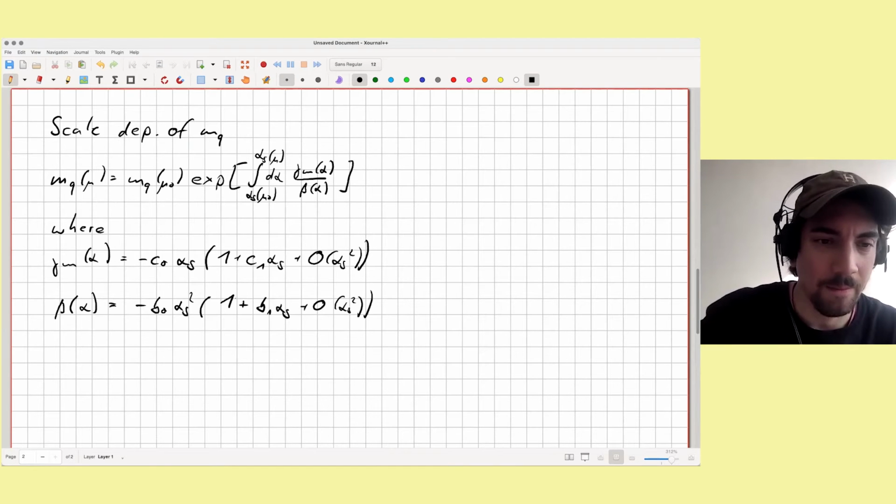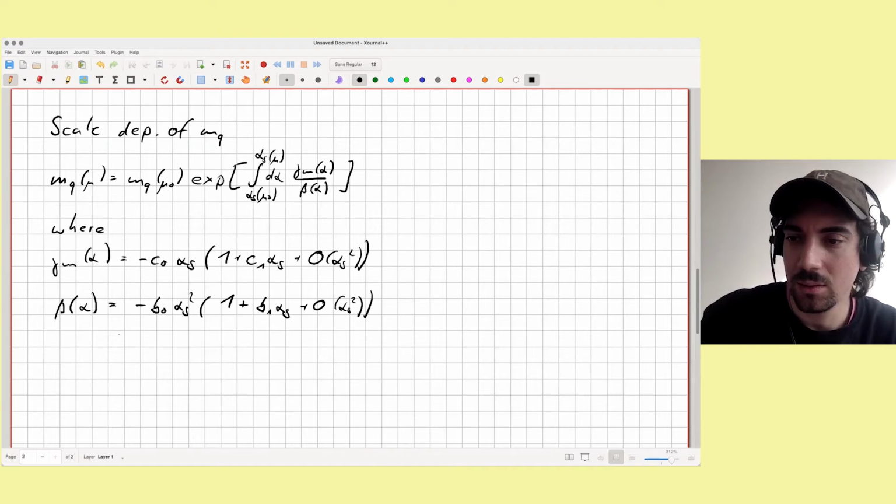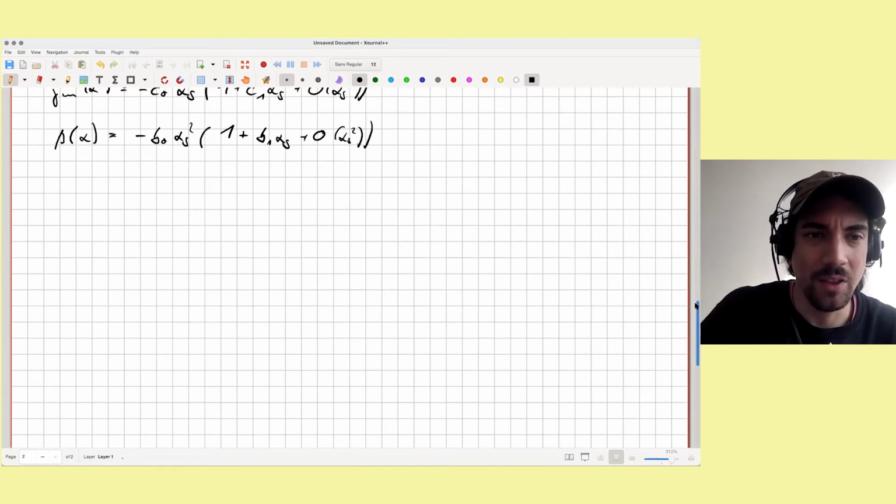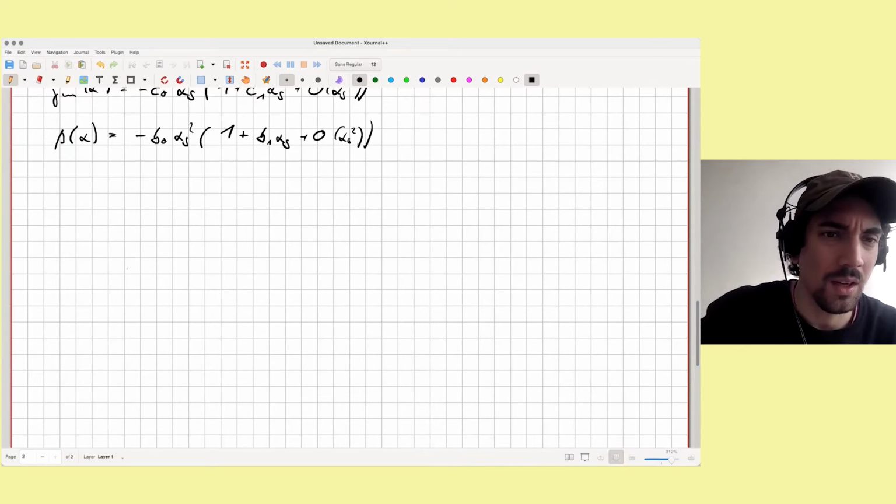Yes, and then we expand this ratio of the anomalous mass dimension and the beta function in alpha s, because we want this ratio at next to leading order. And doing this,